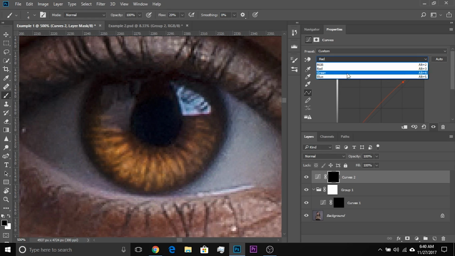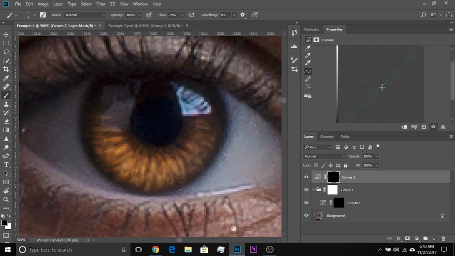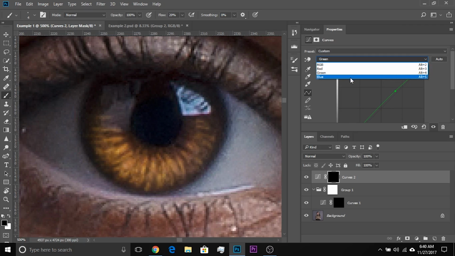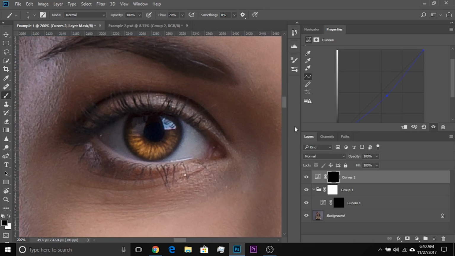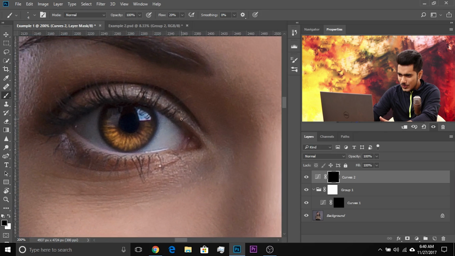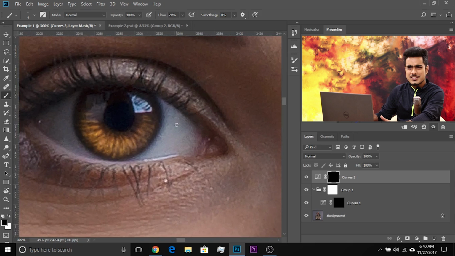Okay. Let's see if we can add some magenta by taking down the greens. No, that doesn't look right. If we add greens, yes, that looks fantastic. Okay, let's come back to blues again, and we think we added too much of yellows. All right, now that looks cool, but something is looking odd, right? Something is looking odd. What is looking odd? Nothing. It's too much. Just decrease the opacity. Don't have too much of it. All right, 90 looks good.